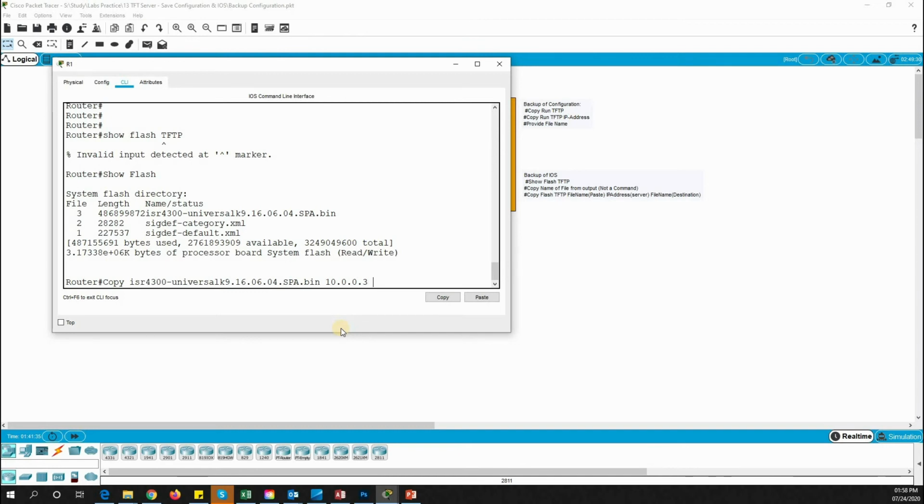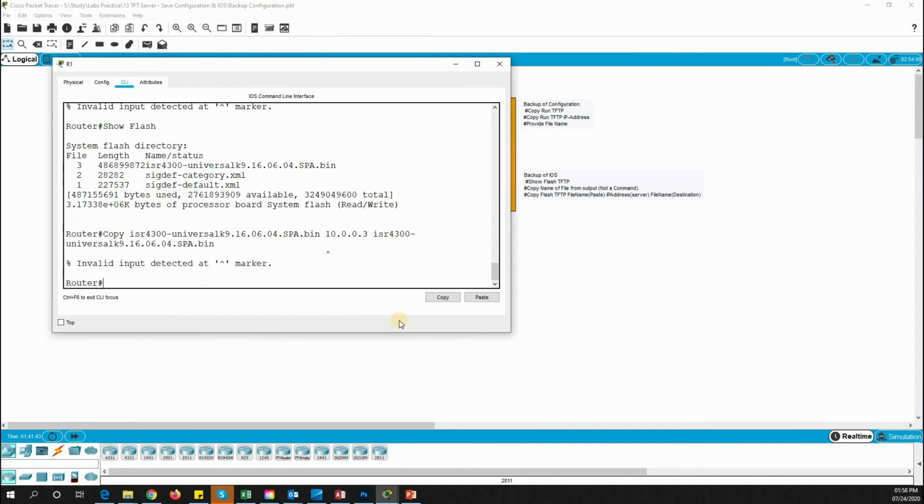And then again the destination file name. I would say the destination file name should be the same as the... let's try this. It says invalid, so we are making a mistake over here. Let me think. We made a mistake because we did not write the full command. Copy flash